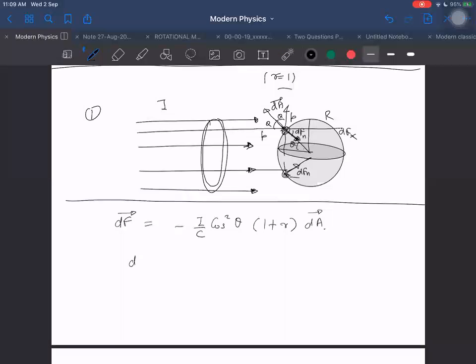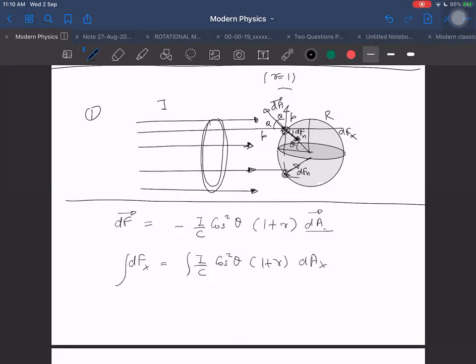Now, dF along the x-axis will be the net resultant force, because you know the reason for that, I think. Now I'm taking magnitude, so I'm removing the vector sign here. It is magnitude now, and I want to find only the x component. So I will take the component of dA along x, then the force will become along x.